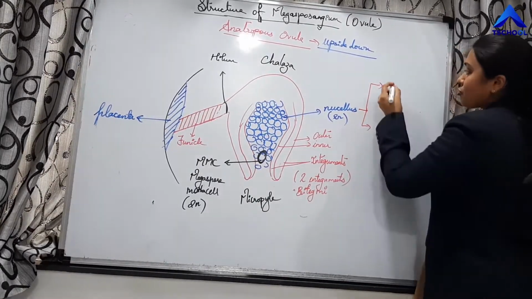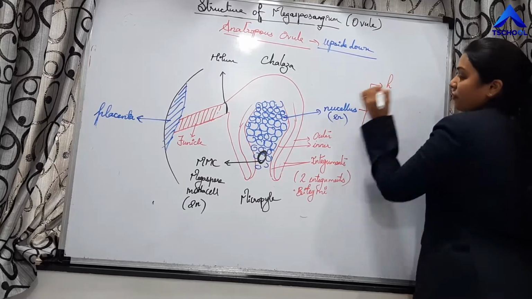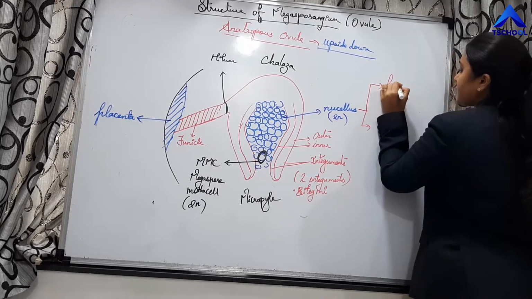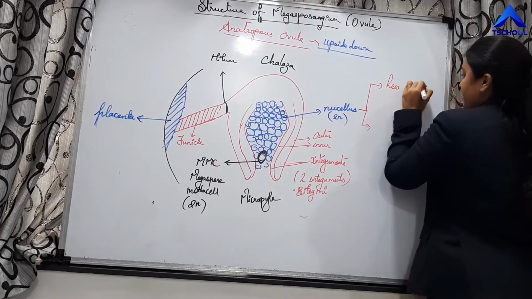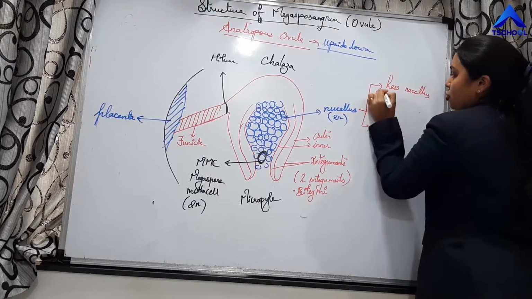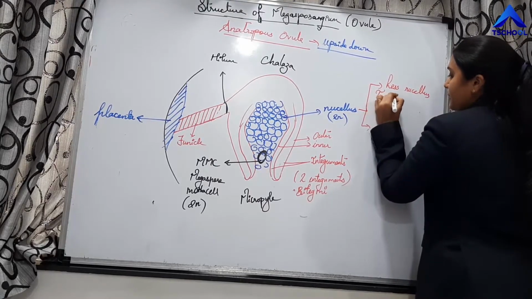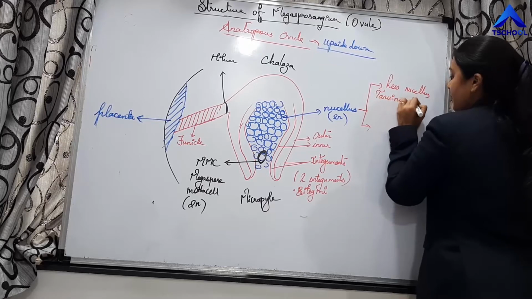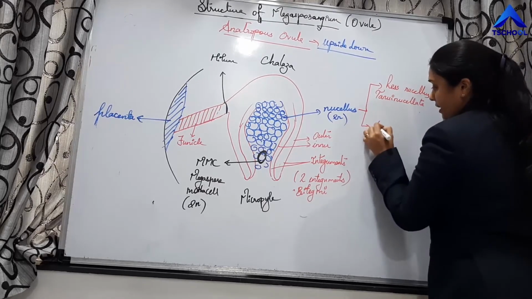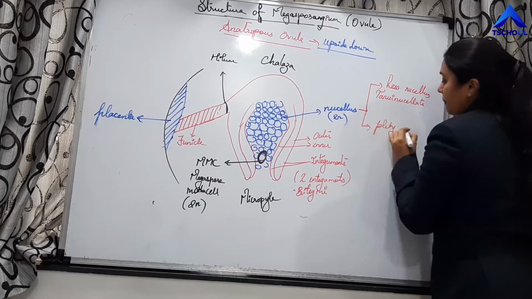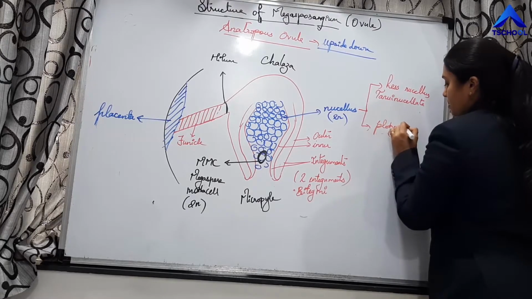This nucellus is also of 2 types, right? So if ovule possesses less nucellus, such ovule is called tenuinucellate. If it possesses plenty of nucellus,